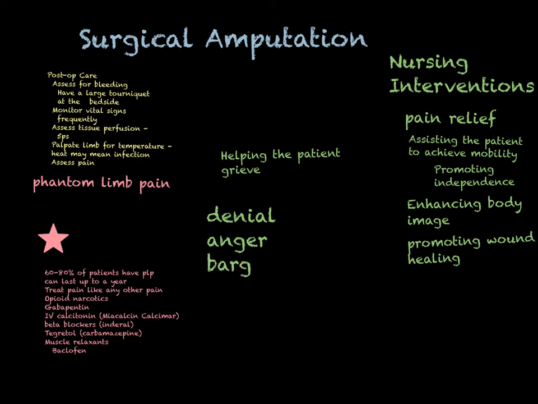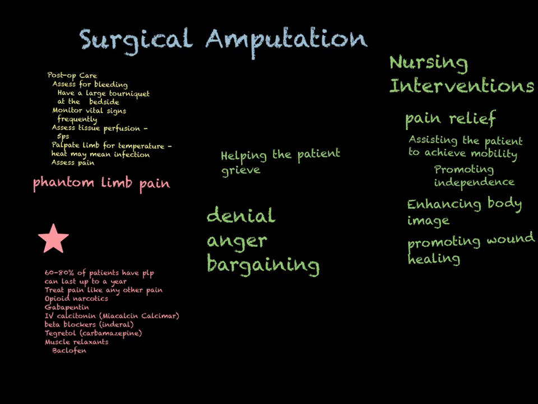The next stage is bargaining. And again, you'll see a lot of this more preoperatively. Well, what if I'm really good with my sugars, and what if I take all the medicine, and what if we try this and try that, and let's do another debridement, or let's see if we can try a hyperbaric chamber, or maybe all these things have already been tried. If amputation is really the best solution, maybe they'll bargain. People have been known to bargain with God. This is all sort of normal behavior for that grieving process.